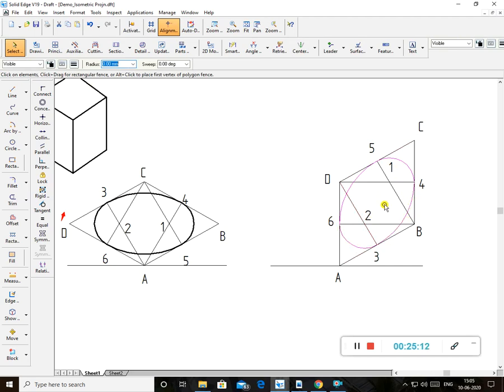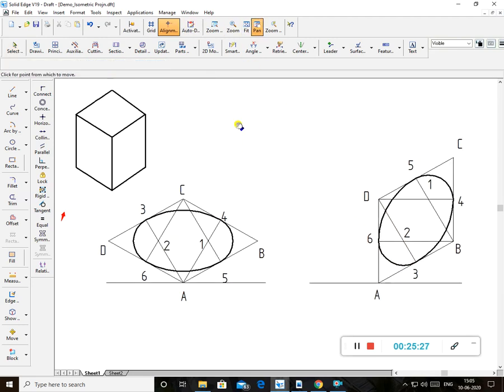So once again I'm repeating the same thing here. Already in the previous video I explained how to draw these things. Right? So in the same way you can create another box like this here. You can see, this side you can create like this. So these planes, isoplanes, see 1 2 3, these isoplanes you can utilize as per the problem, as per how the isometric view is required for you. Okay, right? So this is the way you have to construct.